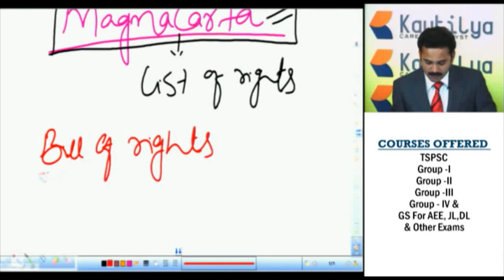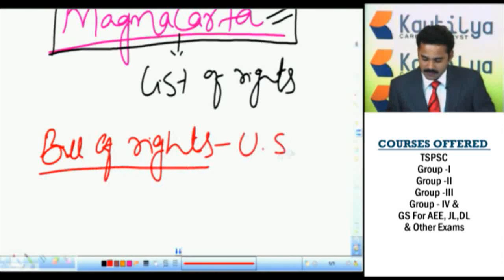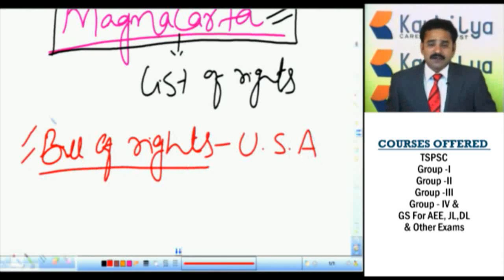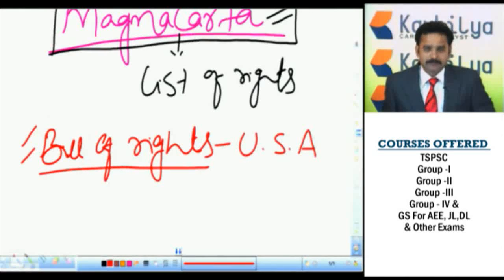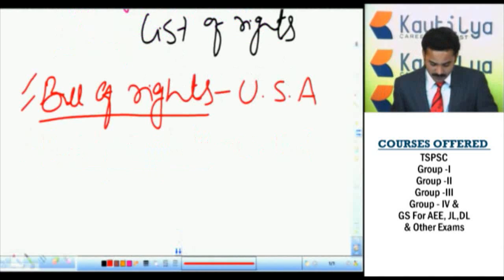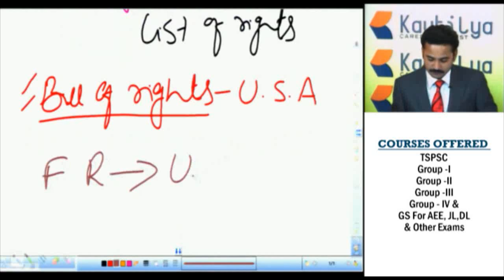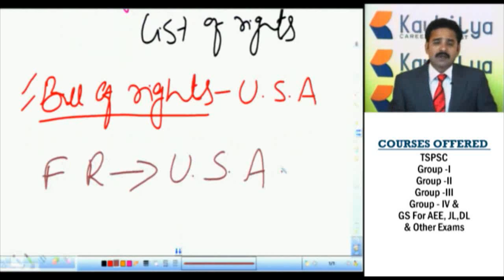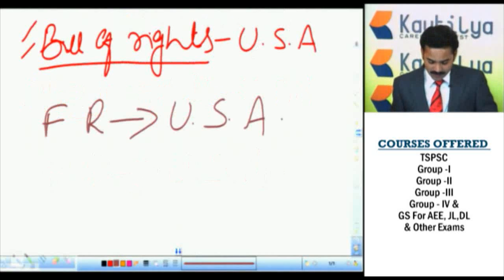American Constitution kept fundamental rights in its Constitution in the form of the Bill of Rights. The framers of our Constitution borrowed the feature of the fundamental rights from the American Constitution. Here again we need to remember this, it is an important point from the examination point of view. Fundamental rights were taken from the American Constitution, and they were kept in the Indian Constitution in Part 3,